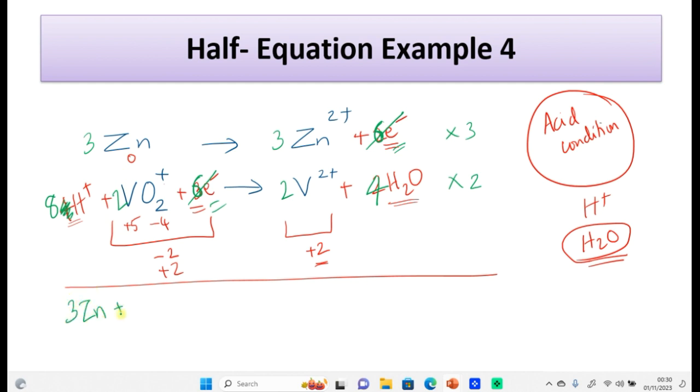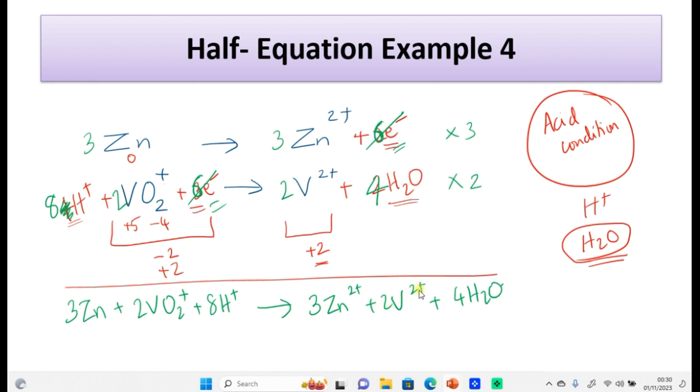3 is Zn plus 2VO2 plus 8H plus, giving 3Zn2 plus 2V2 plus 4H2. Oh, okay, right. So now you can see, check one last time, like 2 plus 8, 10 charge here,